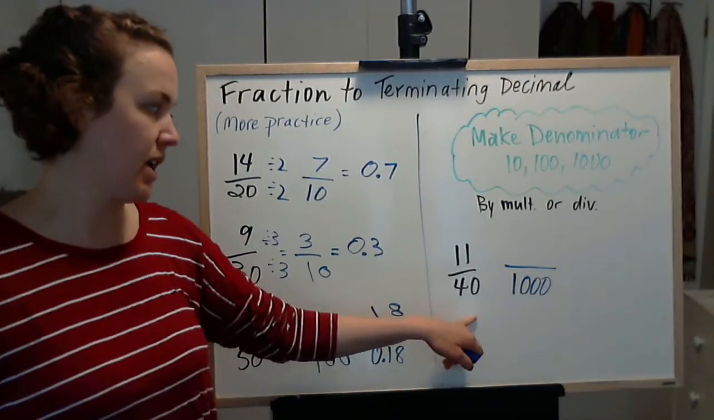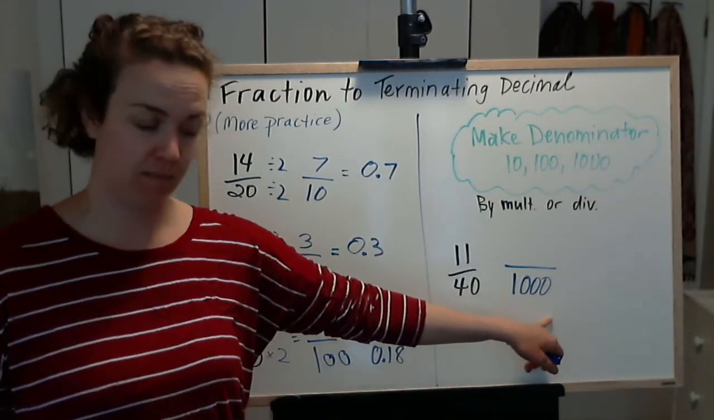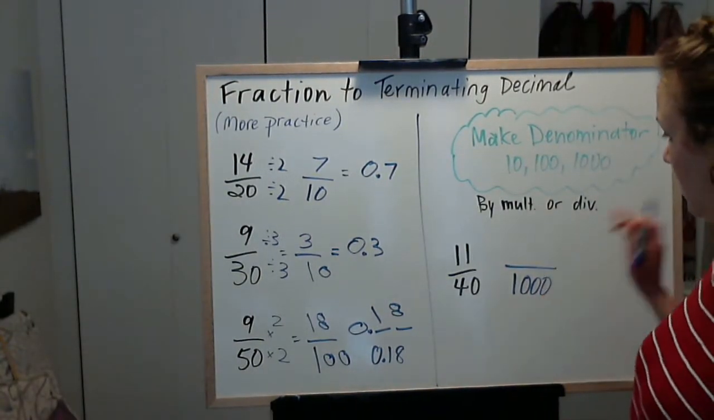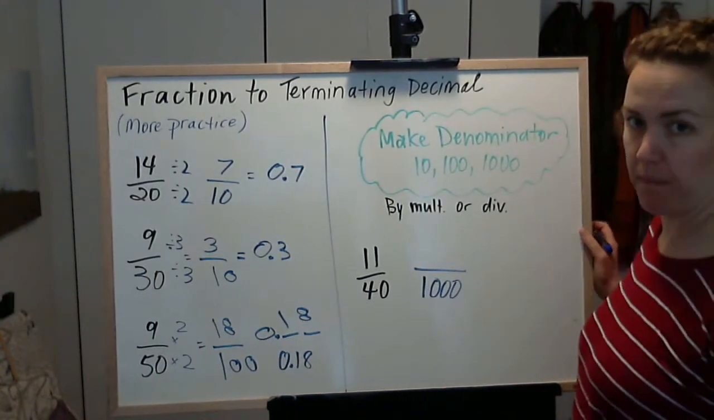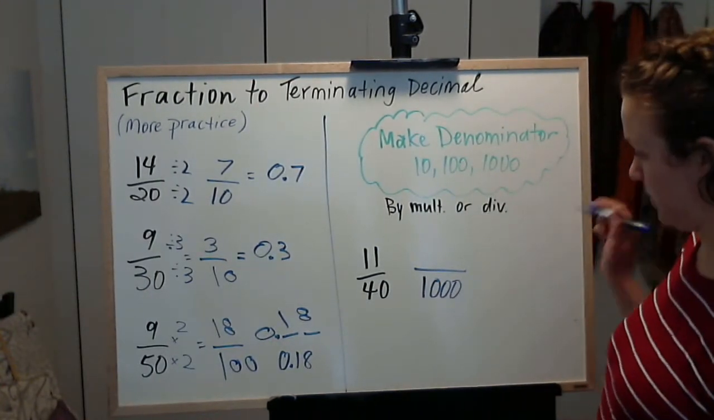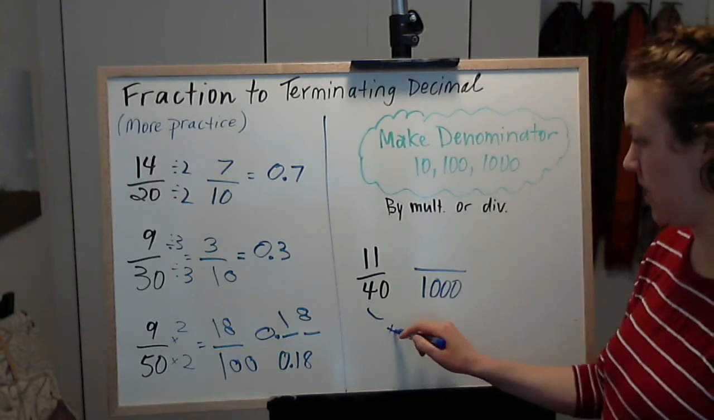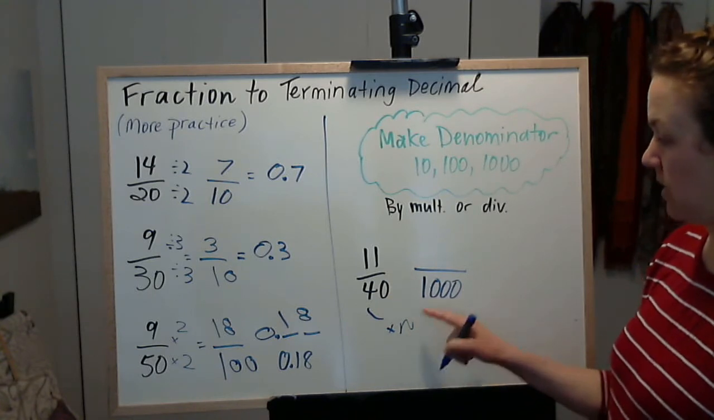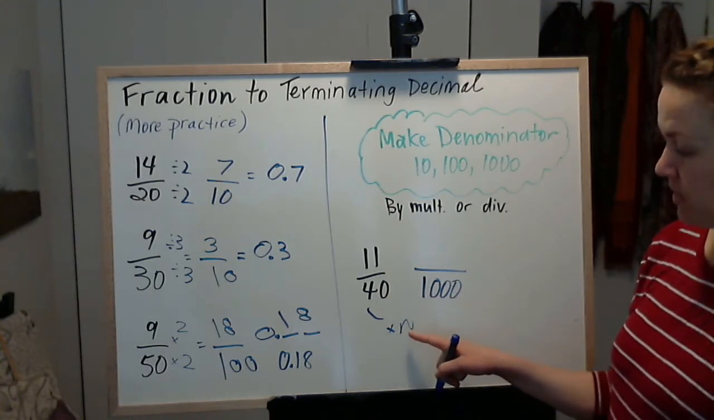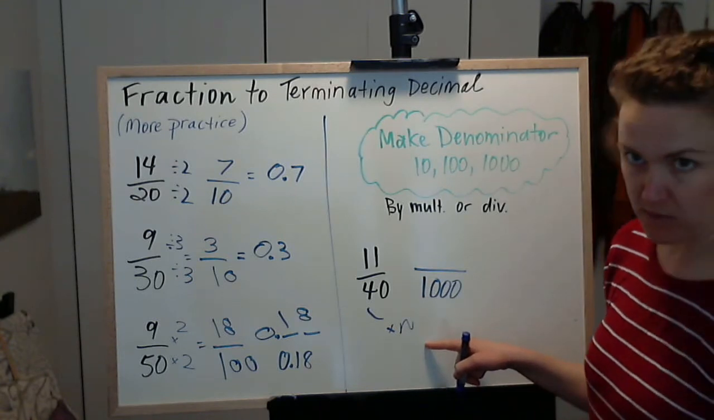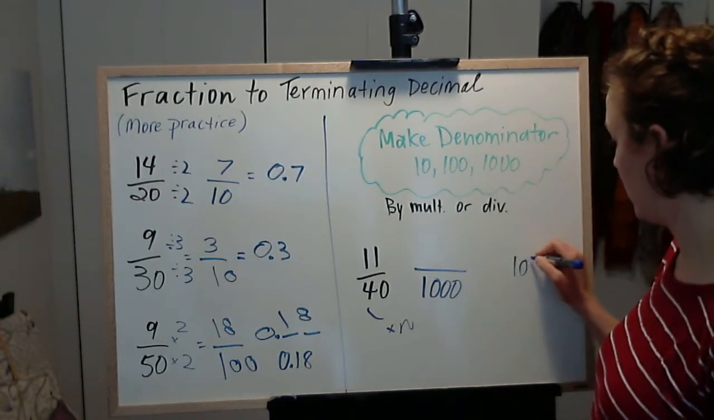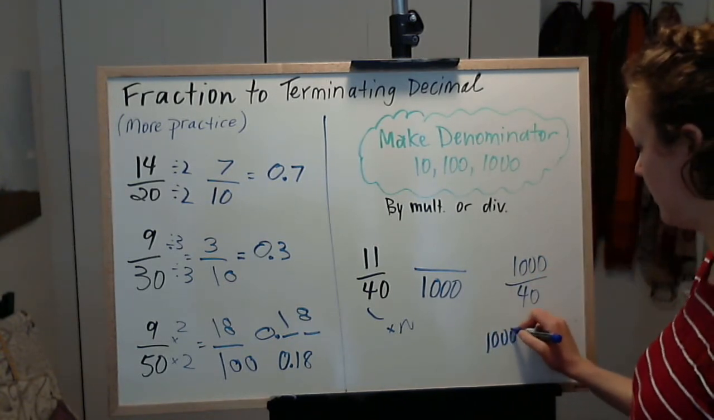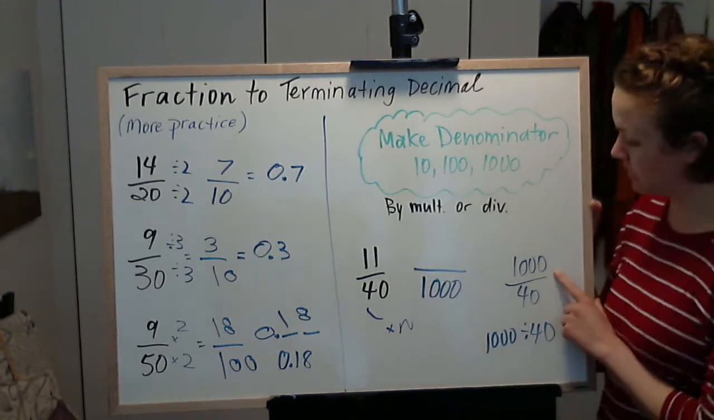Now, 40 times what is 1,000? Well, to find this out, you're actually doing 1,000 divided by 40, right? Because whatever this number is, let's call it n. If 40n equals 1,000, then to find what n is, I do 1,000 divided by 40. And I'm going to write it on top of each other like this. You could also write it like this. But this way you can see